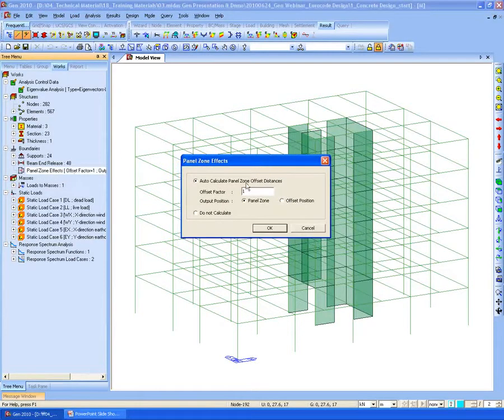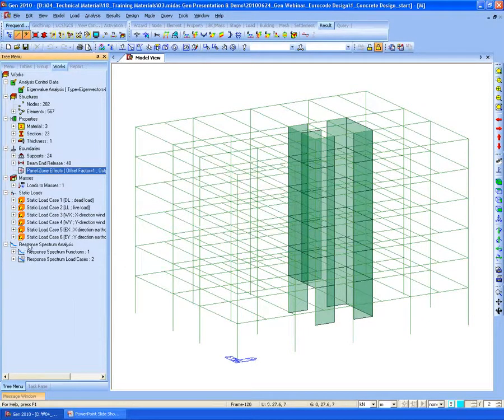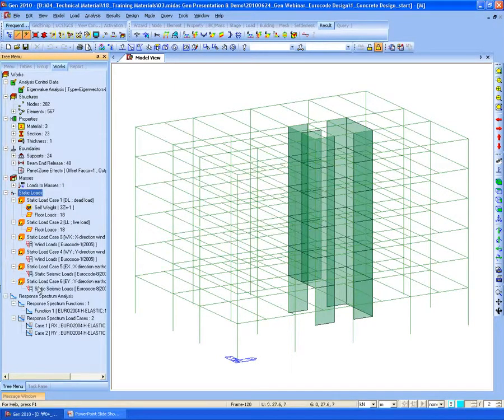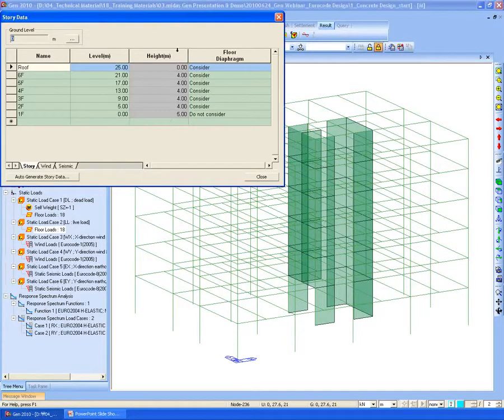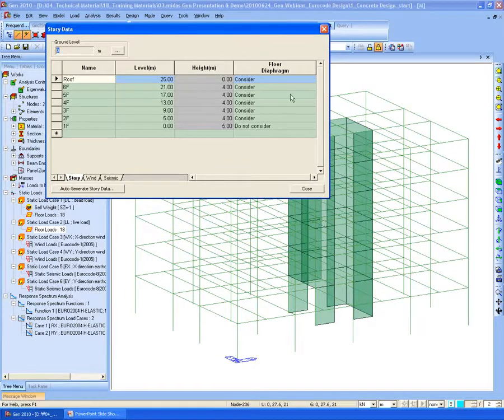So as I mentioned earlier, we can automatically consider the rigid zone. And response spectrum loads and following loads are entered. As you can see, there are no slabs, and we entered the slabs as a floor load. Slabs self-weight was entered as a floor load. And in this case, we considered the floor diaphragm. Floor diaphragm has been entered.